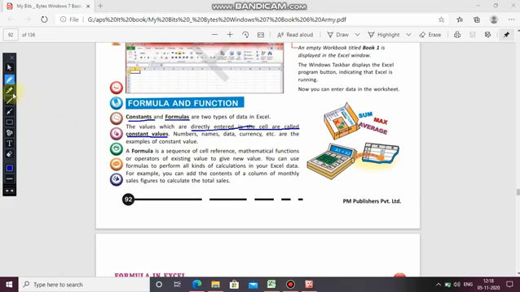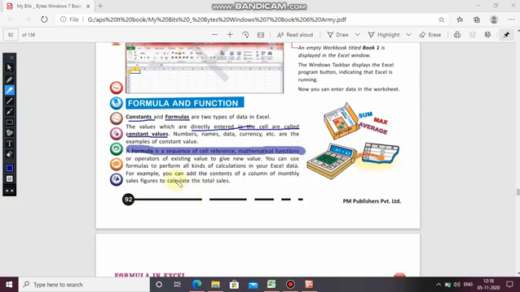And if we talk about formula, formula is a sequence of cell references, mathematical function or operators of existing value to give a new value. I will tell you when we study about cell references what a cell reference is. You can use formulas to perform all kinds of calculation in your Excel data.